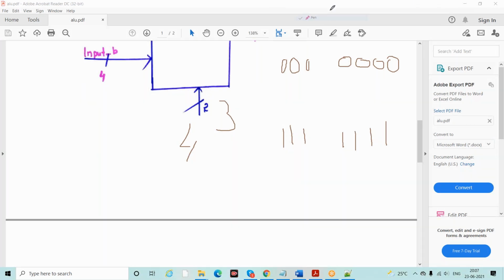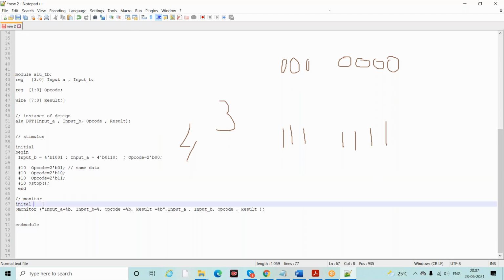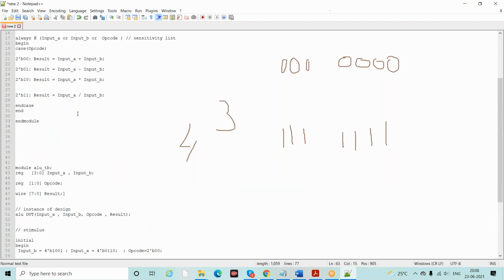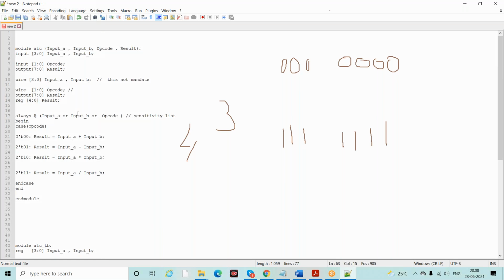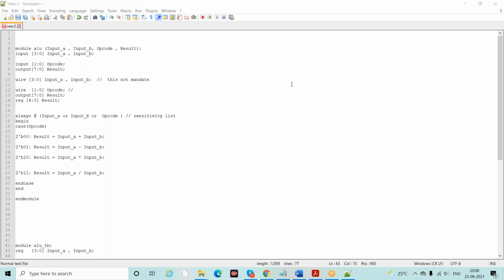I will explain a few things here. Instead of monitor, you need not declare this monitor here; within this end also we can use it. But always keep it clean and don't mix up the code. See how nice the code looks. You have to follow some standards while writing the coding techniques. If any comments are necessary, you can declare them as comments.